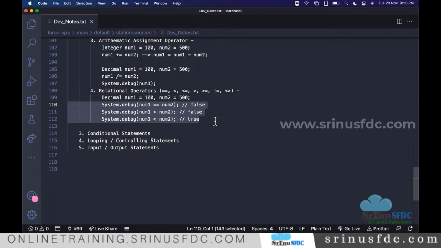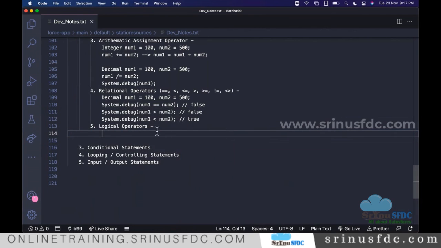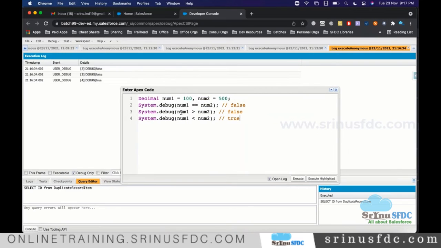Now the next thing, logical operators. Why do we use these logical operators? If you have many conditions, let's say the requirement is number 1 should be less than number 2, but number 1 should not be 0. I have one more condition: number 1 not equal to 0.